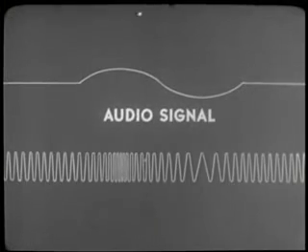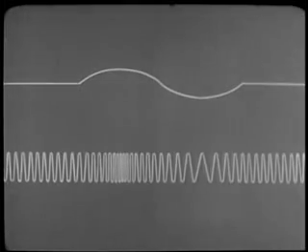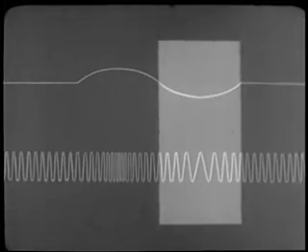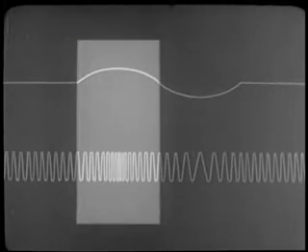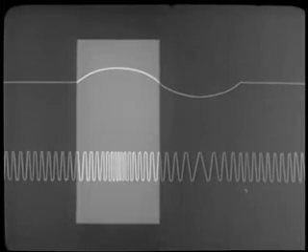This is an audio signal of one complete cycle, with a corresponding frequency modulated RF wave underneath it. A variation of the amplitude in the audio signal is accurately reflected by a frequency variation or modulation in the RF carrier. The negative half cycle of the audio made the carrier drop below rest frequency, and the positive half cycle of the audio made the carrier rise above rest frequency. The carrier's ability to reflect the amplitude of the audio signal can be easily visualized.